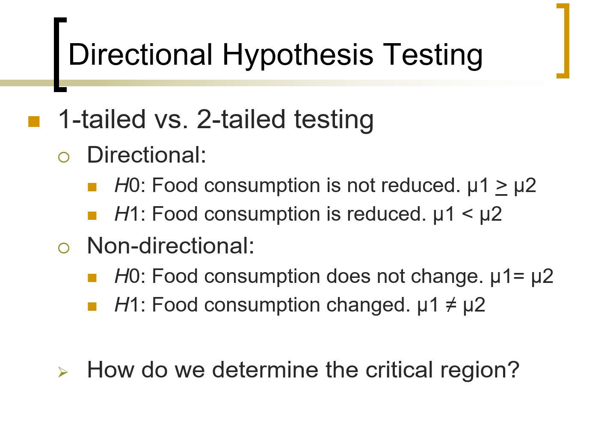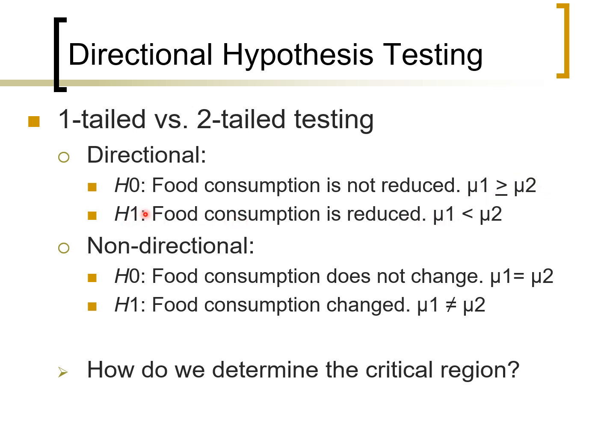If we do a non-directional test, that's where we have our total alpha cut in half, and half on the high end, half on the low end. So that affects how we phrase our hypotheses. A directional test, our null hypothesis is that our mean is not lower, or our mean is lower or equal to our population mean. I think I said that incorrectly. Food consumption is not reduced, meaning our population mean is greater than or equal to our sample mean. This is the key one.